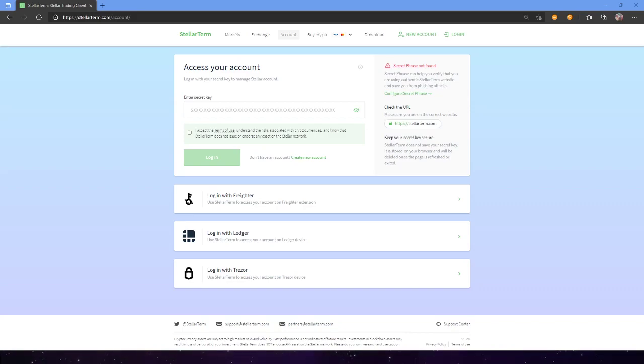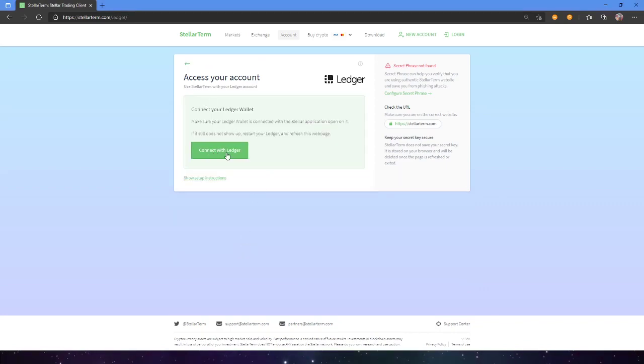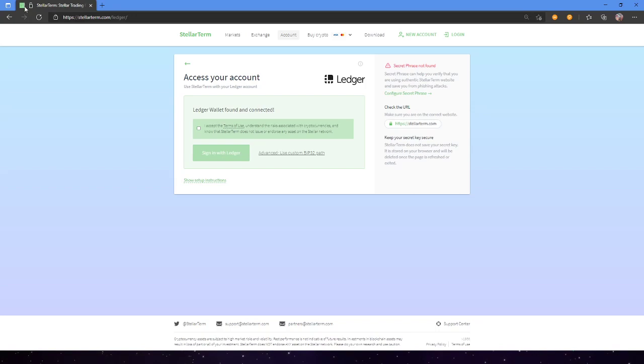and then go to stellarterm.com/account in either Chrome or Edge. Once you're there, you're going to click Login at the top, log in with Ledger, connect with Ledger. It's going to connect with the USB device. If you haven't done this before, you'll get a pop-up and it'll say Nano X or Nano S once you're